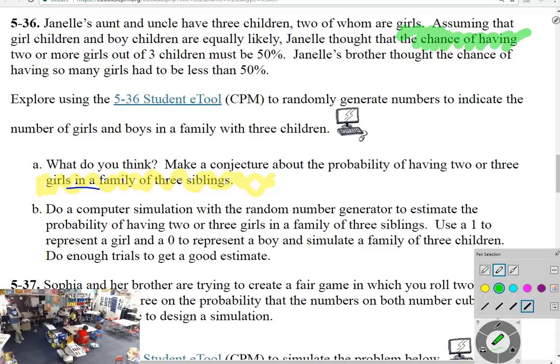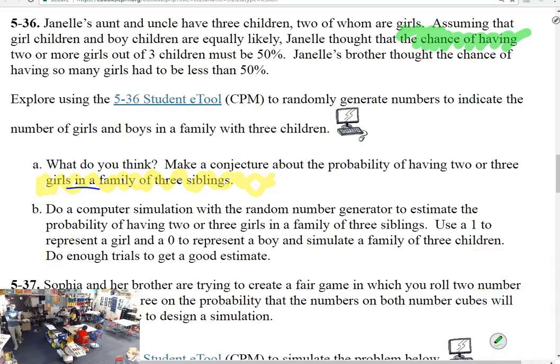Is it just having 2 girls? No, 2 or more. 2 or more, right? So I heard Ian's group back there say, we got 1, 1, 1 3 times in a row. All of those situations were 3 girls, but they count for what we're looking for. Anytime you have 2 or more girls. Our answers here won't be the same